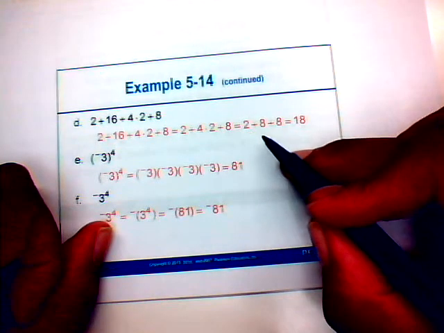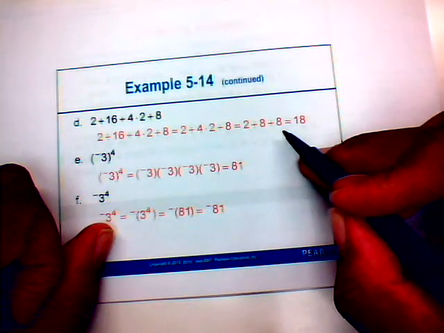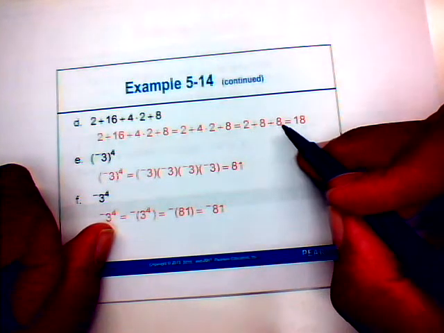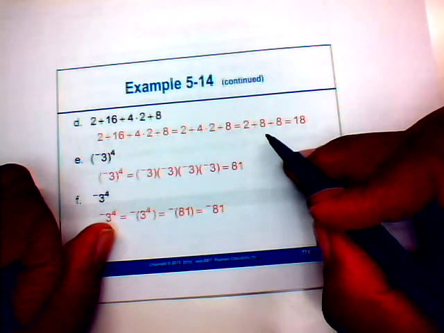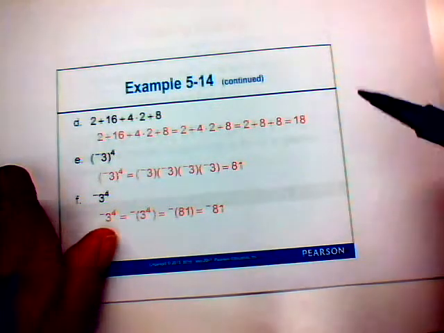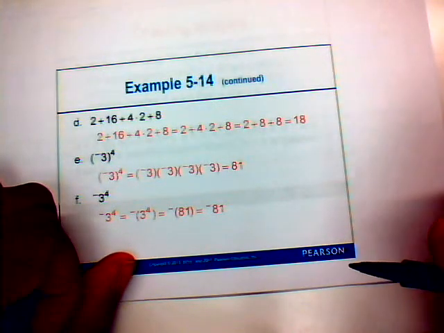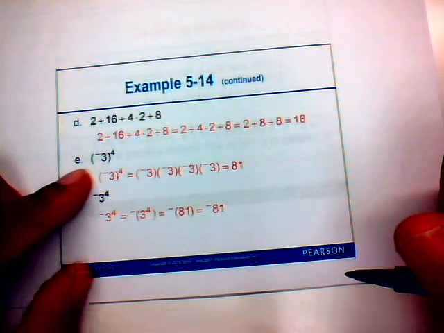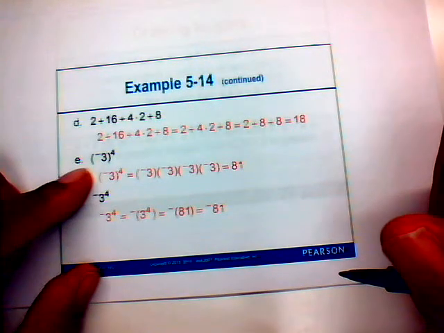So now you have 2 plus 8 plus 8. This is an all addition problem, so we just add from left to right. 2 plus 8 is 10. 10 plus 8 is 18. All right, part E deals with exponents here. In this case here,